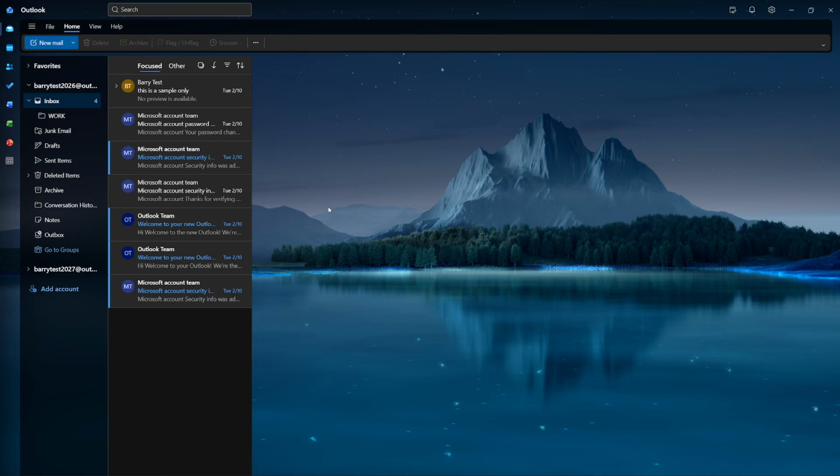In today's video, I'm going to teach you how to manage junk email settings in Microsoft Outlook. Let's get started by opening Outlook. If you're using the desktop app, give it a moment to load your mailbox. Everything we're going to do happens right from the main mail view, so you don't need to dig through menus